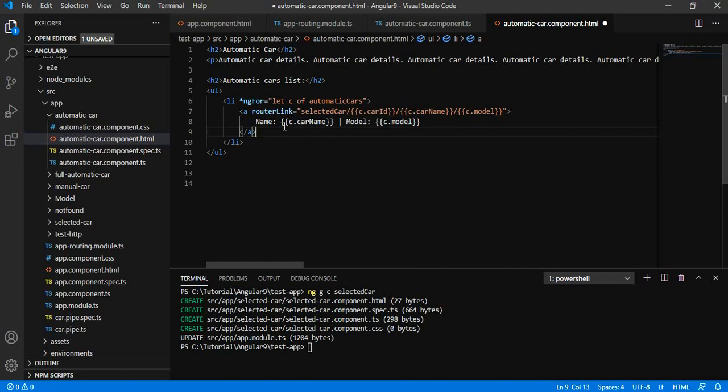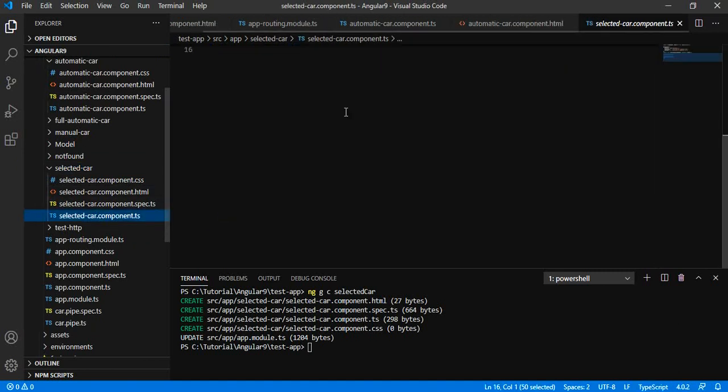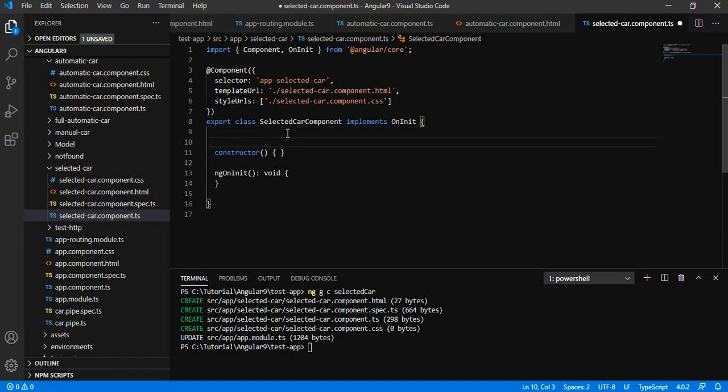So when we click on this particular link, this will simply open the selected car. Let us go to the selected car component. Here we need to define the activated route.